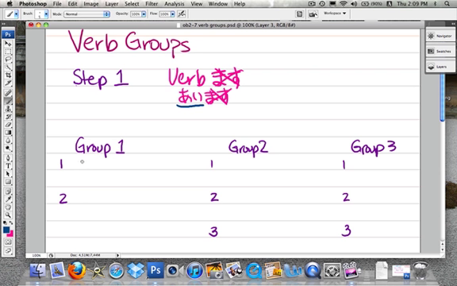If you have an E sound, it is a group 1 verb, but we're going to put a little asterisk there. We'll come back to explain that in a minute. So if you see me or she or ni or ki or gi, you're pretty much thinking it's going to go into group 1. The second way it goes into group 1 is if you remove the masu